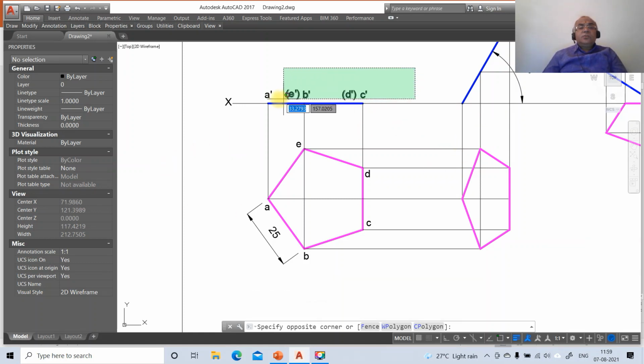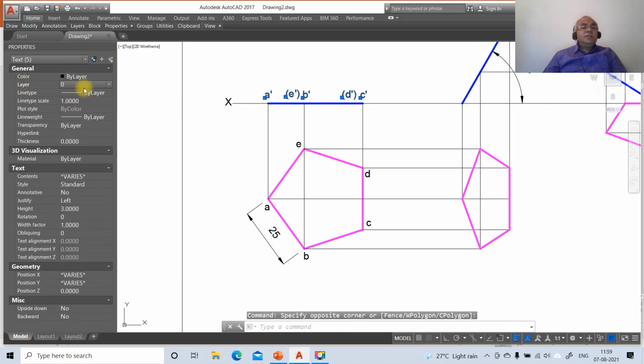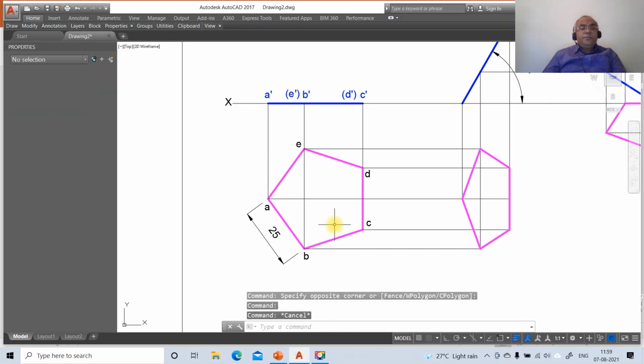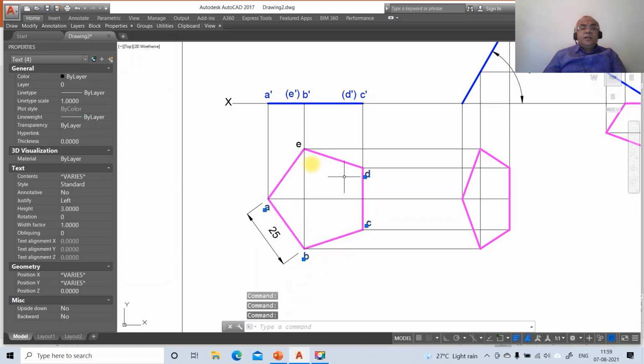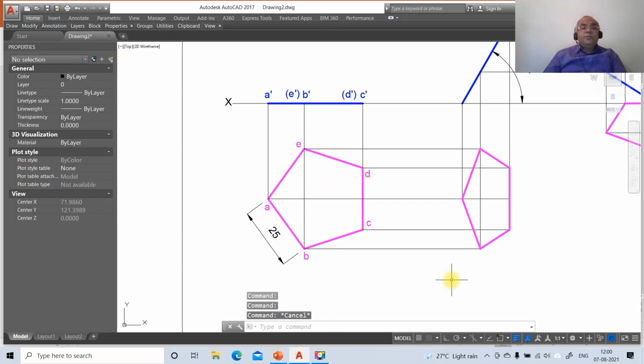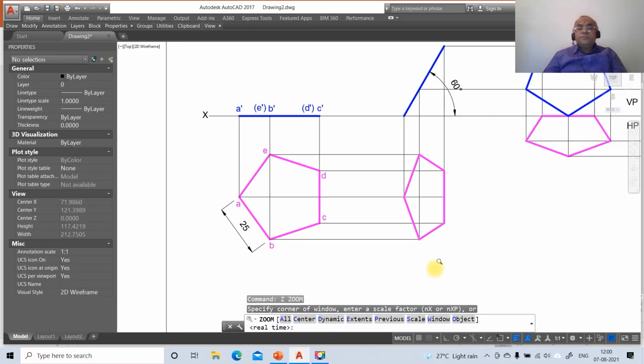Then you just go to this and go to layer, make that layer as front view. You just click on this, make that layer as top view now. Then go to zoom previous.